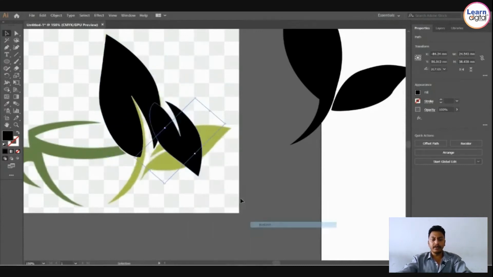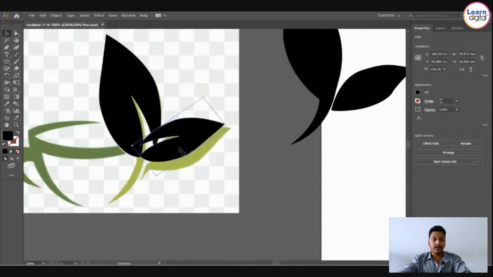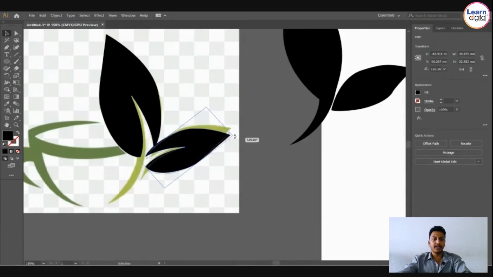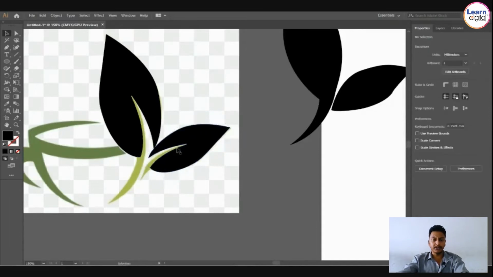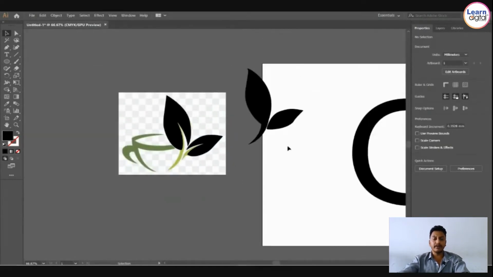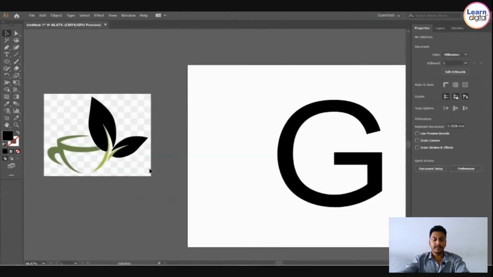So wherever you need, place it. And again, whatever colors you need, use them. Currently, I picked a green from the reference only. In your color palette also you have colors, so you can use whatever colors you need. Currently my concept is green tea, that's why I'm going with the green shades only.